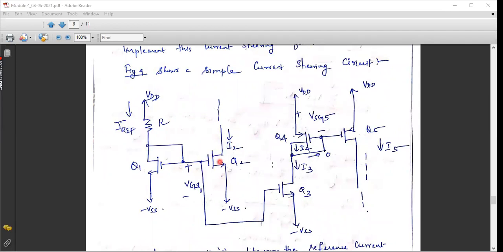You know that there are many current mirror circuits in a current steering. Why should I need multiple current mirror circuits? Because in an IC we need many stages, right? There will be many amplifying stages. So for each stage, I should deliver different current according to its need. So I should go for I2, I should go for I3, I should go for I5. Everything, directly or indirectly, depends on what?